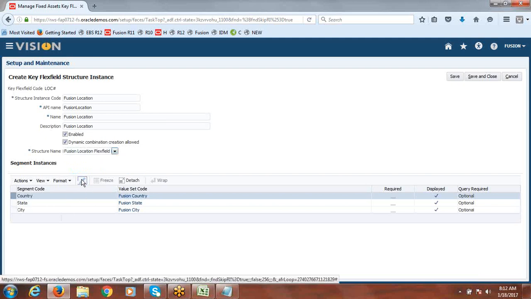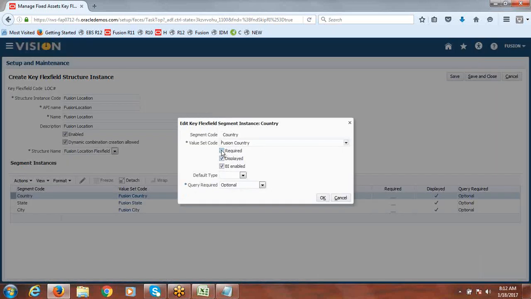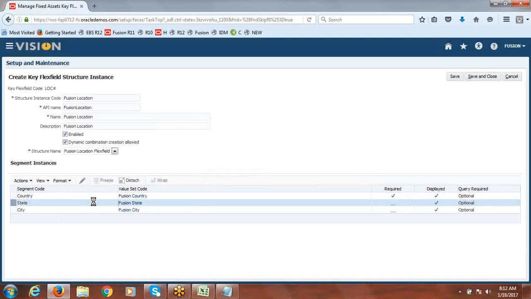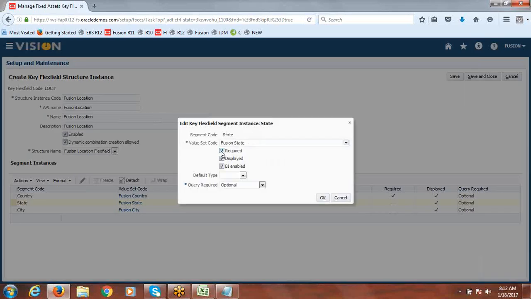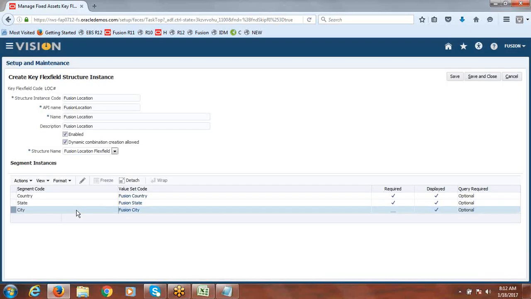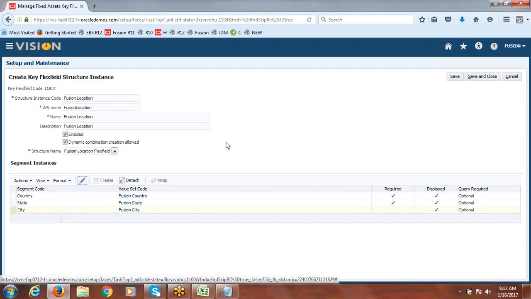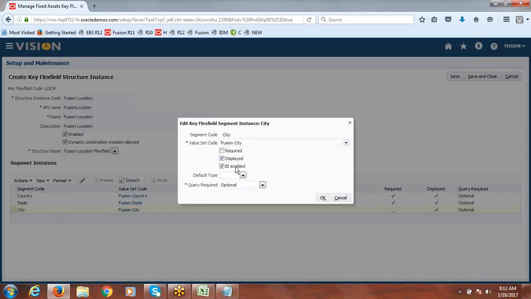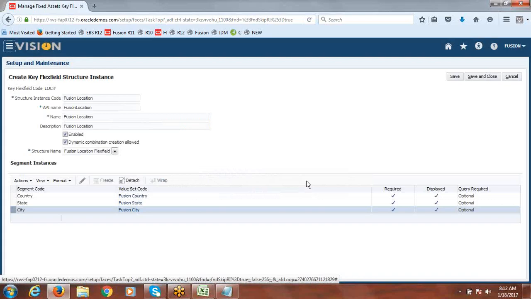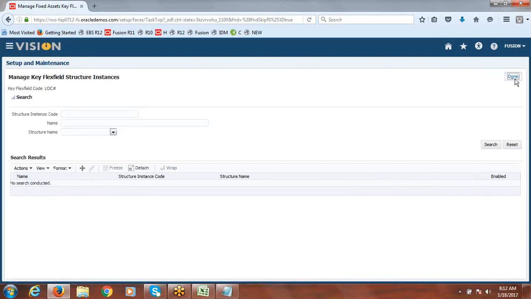You can just set as required. And save and close. We know once we're done with that, we have to deploy.